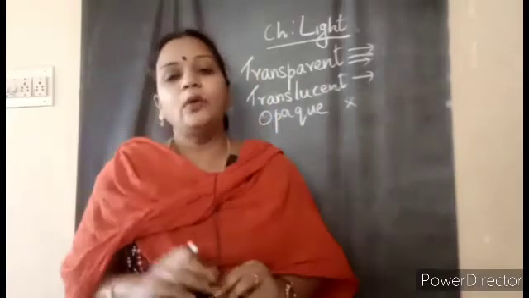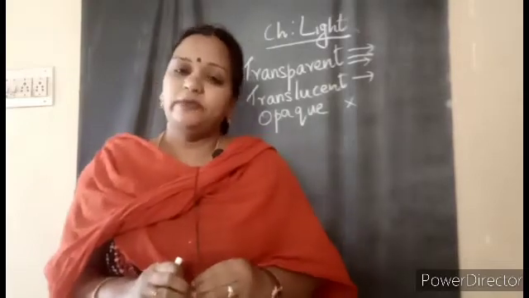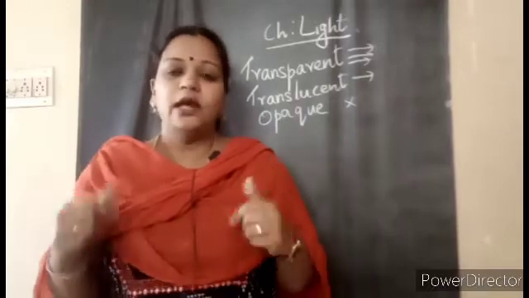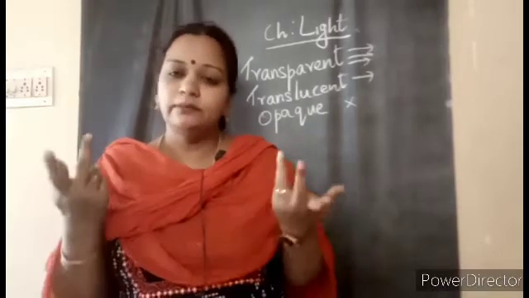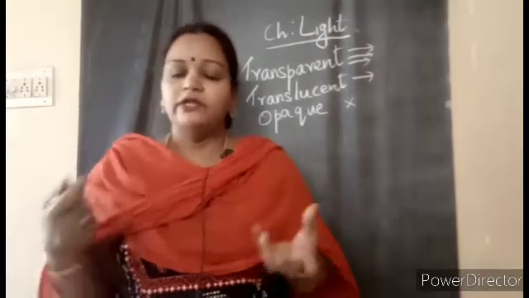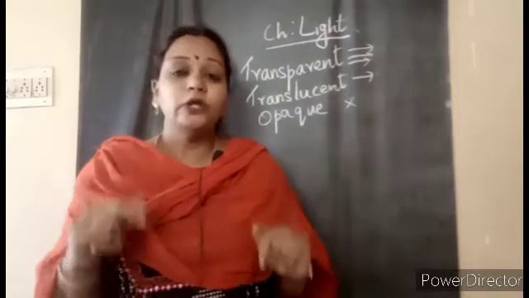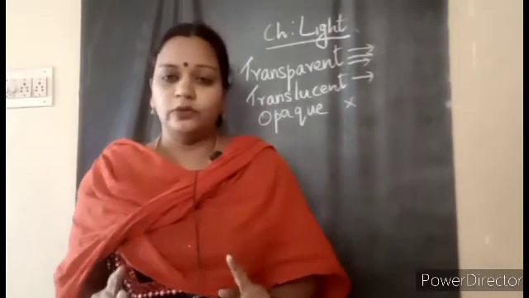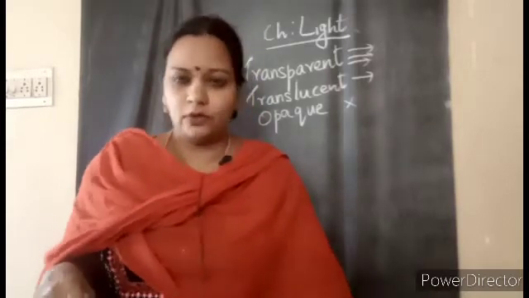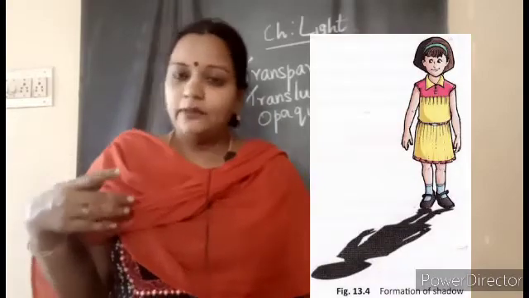Keep it in mind. And now I will tell you a situation. Imagine a situation and be ready with the answers, children. It is a sunny day and we all are in the school. And in the third or fourth period, you are having PT that day and you all are playing in the ground. Just imagine you are playing in the ground with a bat and ball or different things, football. So when you are playing, each one of you will notice that something behind you, a black colored thing, will be on the ground. Just like you, but it will be in black color. All of you will be able to see that.